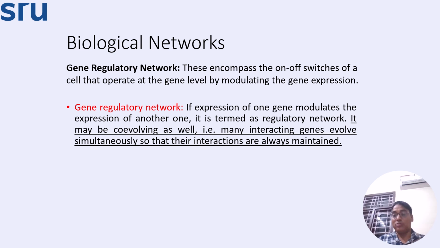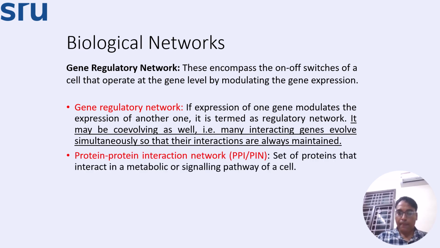Understand the terms. These are very significant terms because this course is advanced bioinformatics. This will help you in understanding several different research papers. The way one protein evolves, the other protein also evolves the same way. So if a mutation happens here, a compensatory mutation happens in the other protein partner, so that their interaction is always maintained. This is termed as co-evolution.